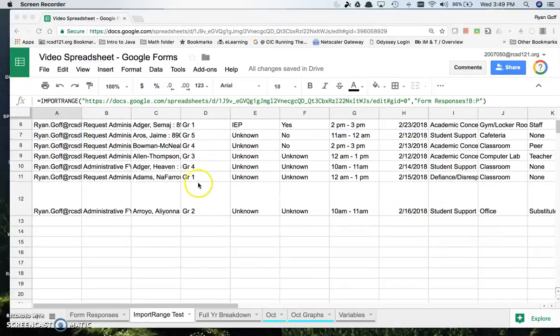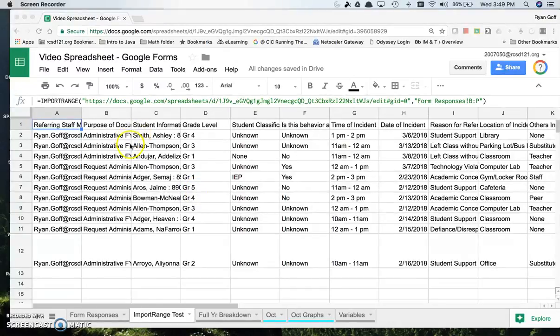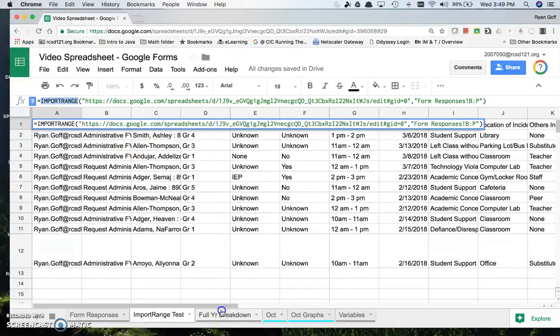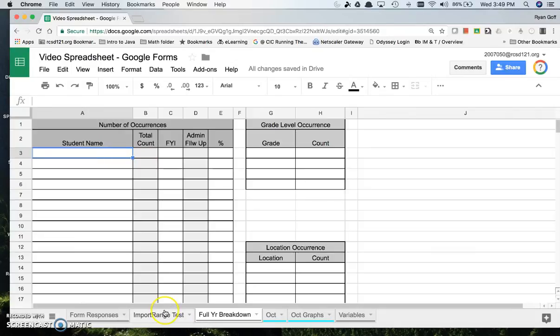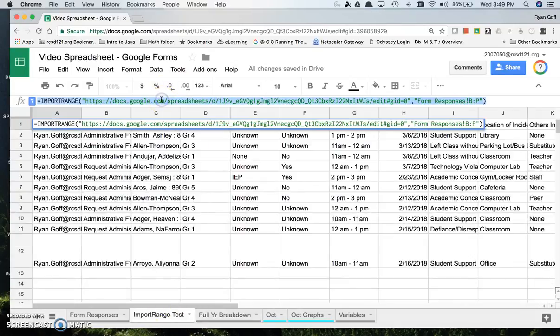So now that we know how to set this up, we're going to start talking about ImportRange and its use with the full year piece and the students. So we have this formula here. One of the things I want to talk about, though, before we do that, is I want to talk about shortening this, because sometimes on this URL right here, this is a lot of information, and it's a lot of information that can be screwed up. And we're going to be using this particular piece over and over again, and rewriting it every single time can be kind of daunting. So what I'm going to do is I'm actually going to copy this,